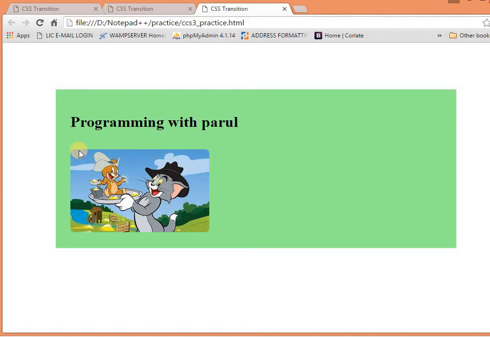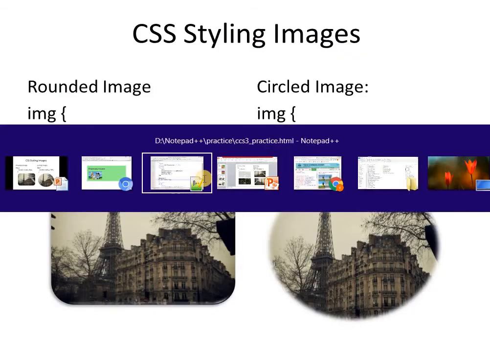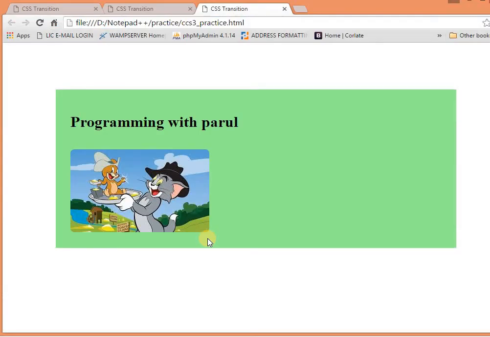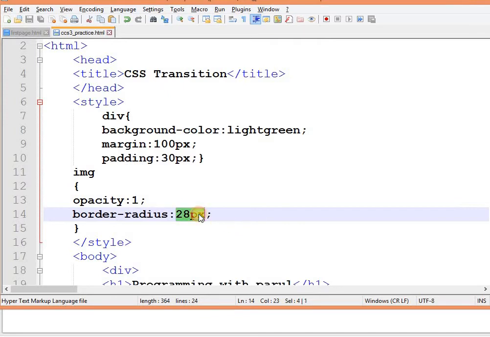You can see that now its corners are not very sharp. There is a rounded border. If I increase the value here, let me set it to 28 pixels. Now watch it very carefully. Like that. You can also specify the value in terms of percentage.